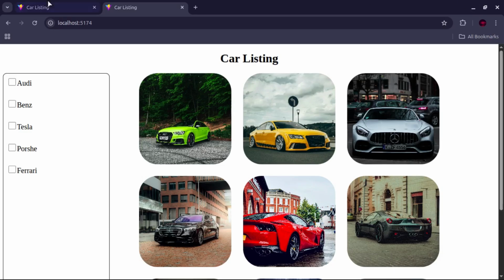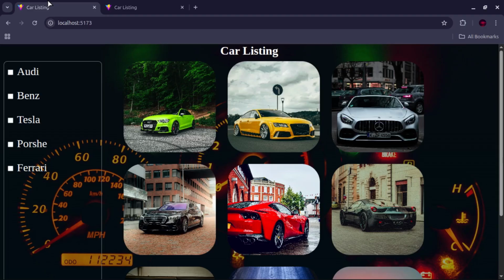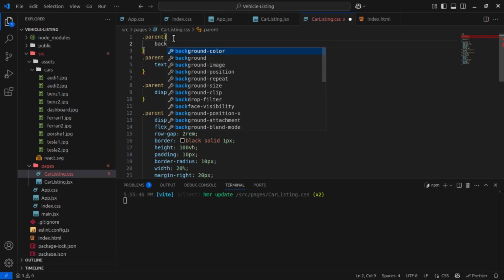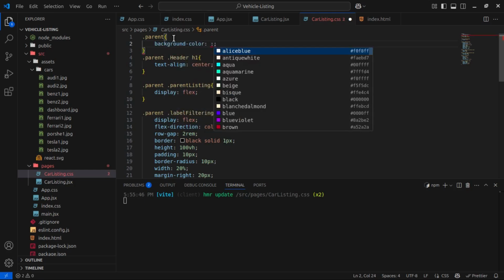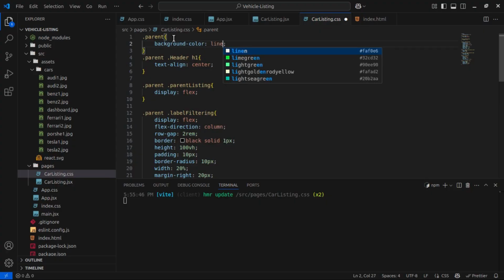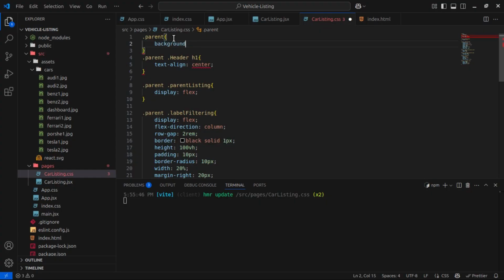But before we do that, let's first include this background image. It is a dashboard image. Let's include it on our parent part up there. Okay, let's background linear, it's not a background color, sorry. Linear gradient RGBA